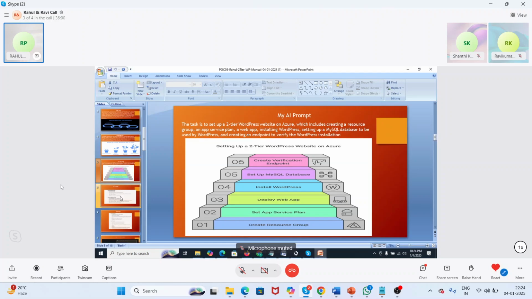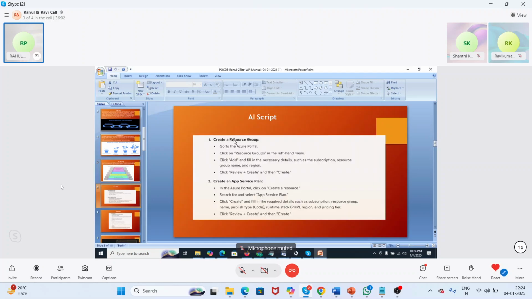Next, my AI script. Here are the steps I have mentioned. What we are going to do is establish the WordPress website. First, as I discussed, I have to create a resource group, then create an app service plan.